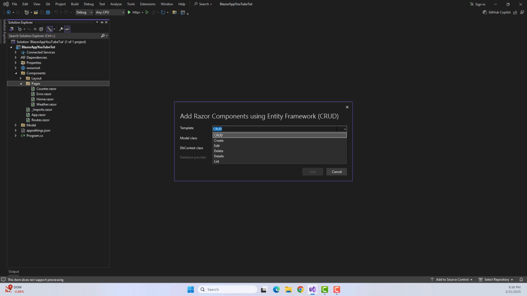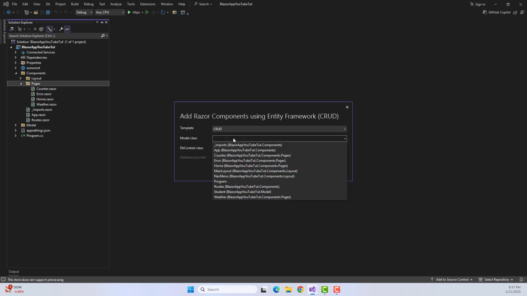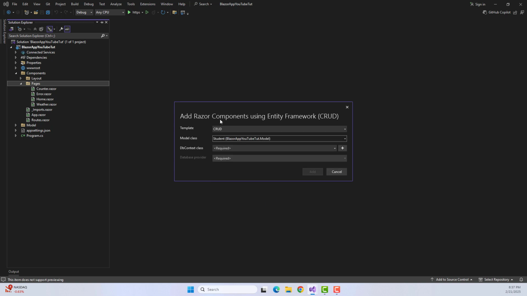And if I want a single page, like if I want to create a page for creating the record of the student, I can create that one as well. If I want to create a page to delete the record of any student, I can create that as well. But I want all the pages, so I will select the CRUD, and now it is asking me for the model class, and I have created that already. So I will select that model class. Here it is, student,